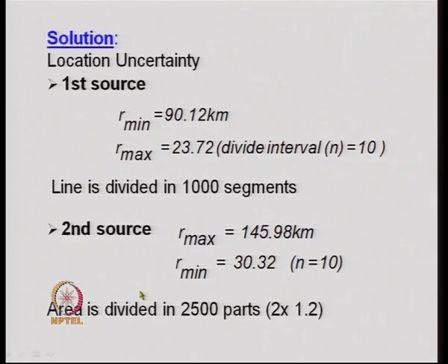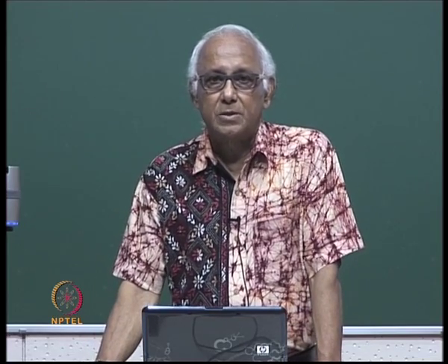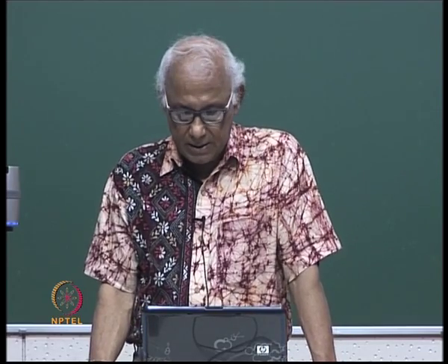and assuming that the area is divided into 2500 parts of size 2 into 1.2 meter, and assuming that the center of each one of these sub areas of 2 into 1.2 is a point of earthquake, then we can have 2500 epicentral distances for the source 2, and these 2500 epicentral distances can be now categorized into 10 divisions that you have obtained, and we can find out the probability of occurrence of an earthquake with epicentral distance as specified